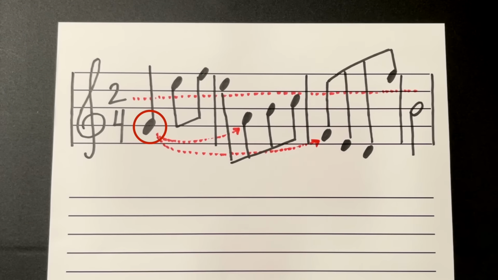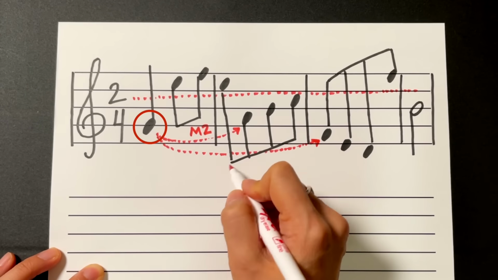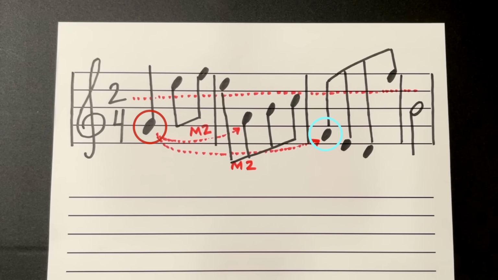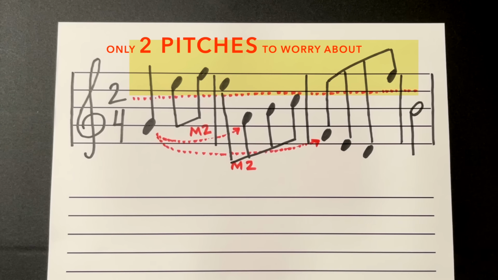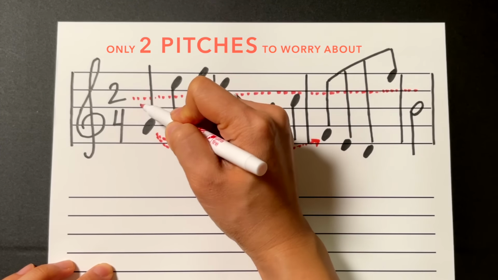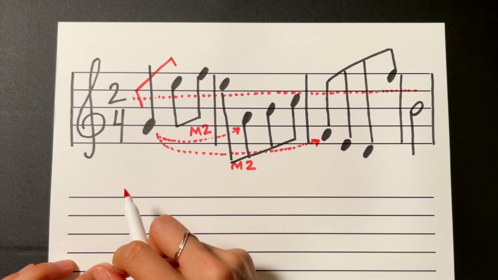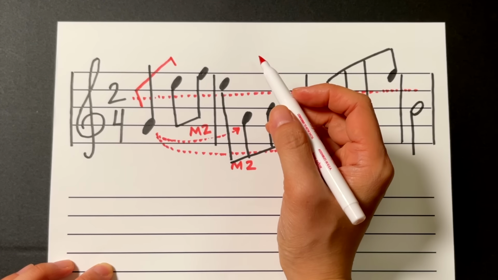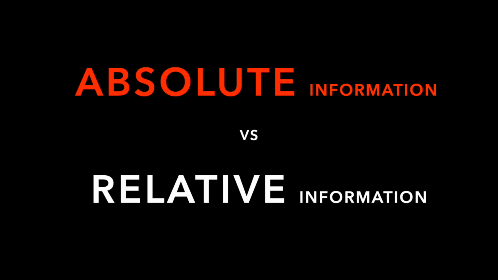Then use that to help read notes that are close by, such as this A here. So if you just look at the top E, F, E, and back to F, you're only dealing with two different pitches. You can also mind the interval here, but the important thing is that you're combining different types of information. Absolute information, meaning your knowledge of what a note is upon first glance, and relative information, using reference notes